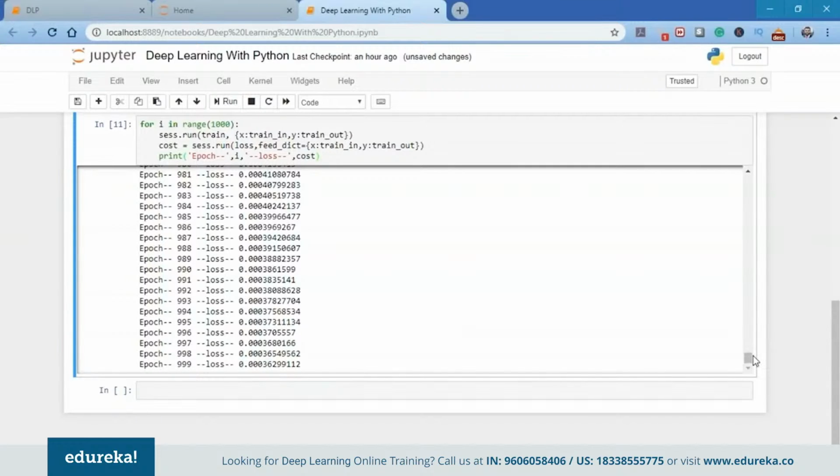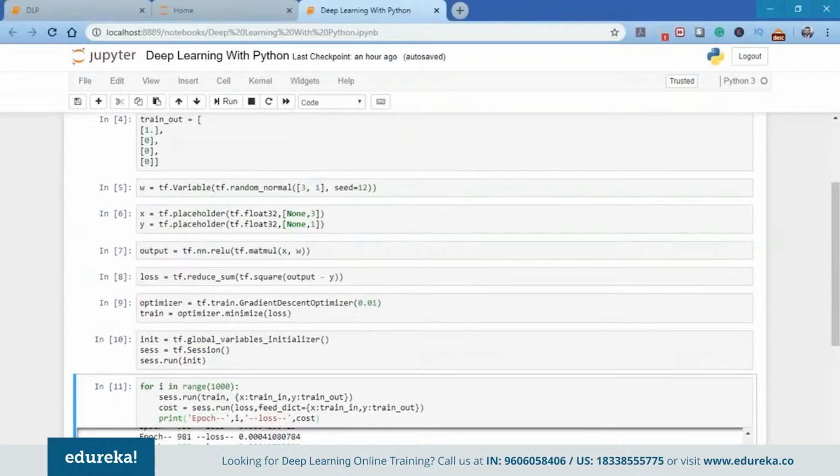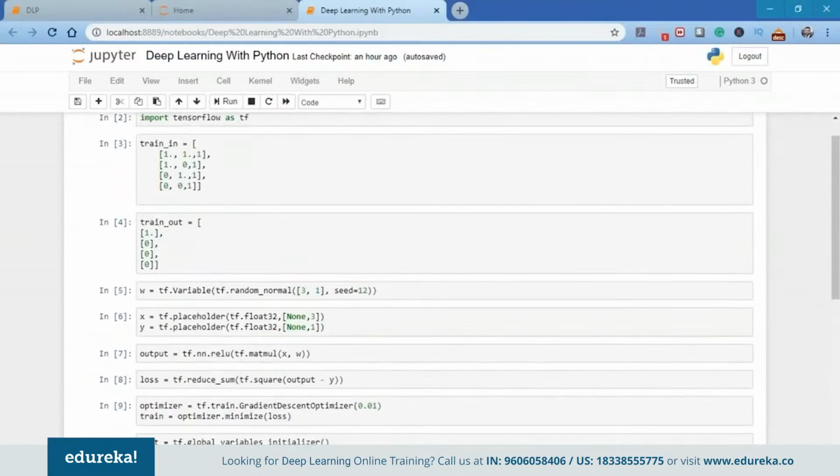Since our data was so small, it was very easy for the perceptron to learn the data during the 1000 iterations, because there's nothing new about the AND gate. But the complications arise when we are dealing with large amounts of data in which the data is of high dimensionality and each data point differs from the previous one in some other respect. So this is how you create a perceptron using Python in TensorFlow. You can use other deep learning frameworks as well, which work with Python, such as PyTorch.